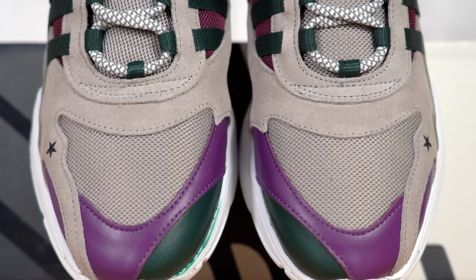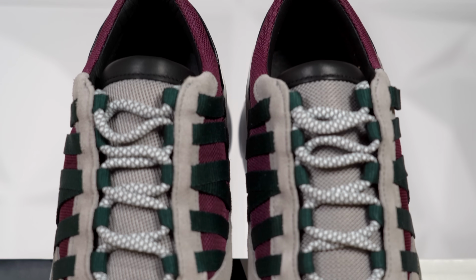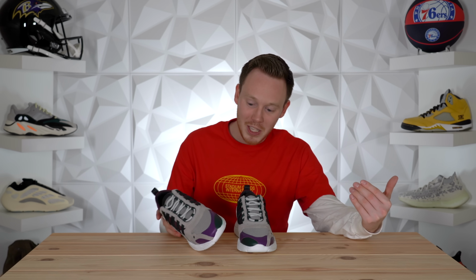And as someone who's a pretty heavy sneakerhead, and to be honest, I can be a brand snob sometimes, this is a sneaker that I would genuinely wear, even if I wasn't working with We Are Underdogs. This is a sneaker that I really like because of the paneling, and especially because of the colorway. That purple and green is solid. It's not in your face, but it's something different than what you usually see on sneakers, which I really like. And to be honest, I really like the outsole. I don't know if he designed the outsole, but I think it's clean. I'm impressed, and genuinely, out of all the We Are Underdog sneakers that I've seen, and all of them are pretty solid, and they're designed mainly by industrial designers, which I think is awesome, because I'm an industrial designer, this might be